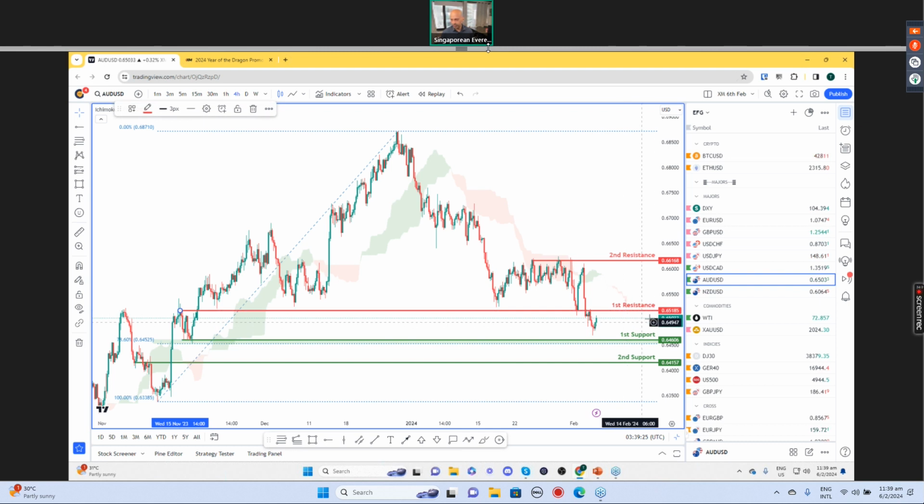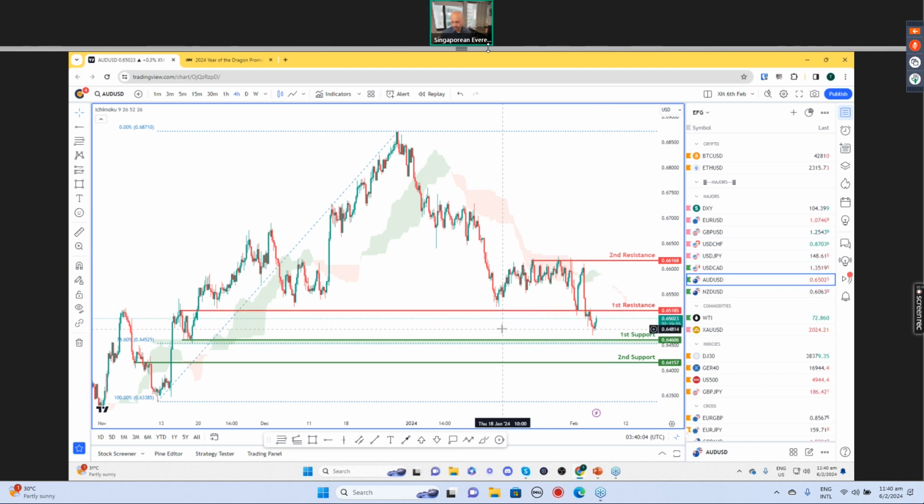But because we have identified the first resistance at 65.18, should we have any long Aussie positions here, we should be identifying a potential take profit at about maybe 65.13 onwards, right? So with price currently trading about 65.03, perhaps a suitable take profit to identify for any long Aussie positions would be just underneath the first resistance at 65.18. So probably around 65.13 to 65.15 would be a suitable zone to identify the take profit for any long Aussie